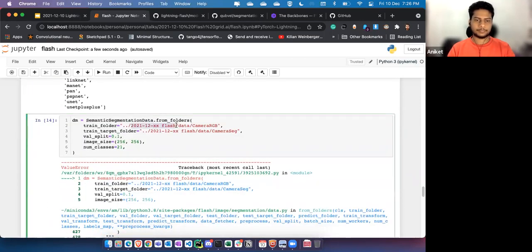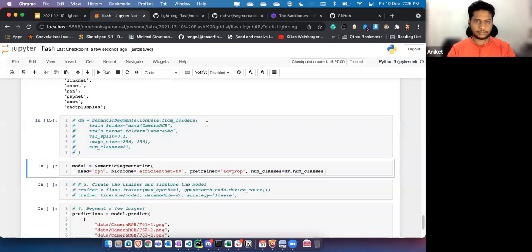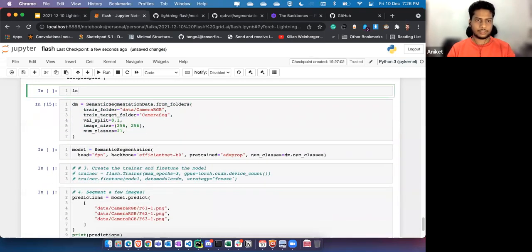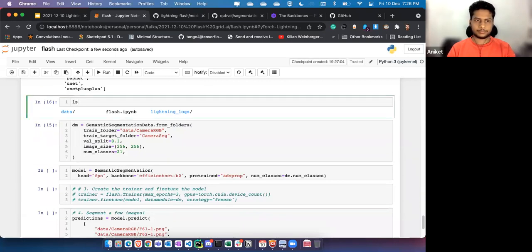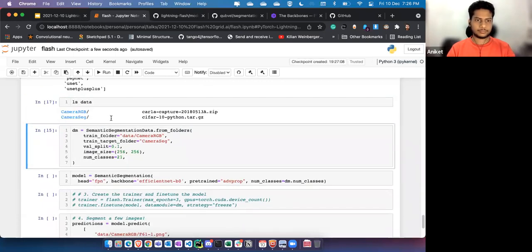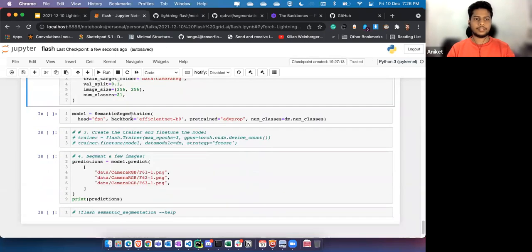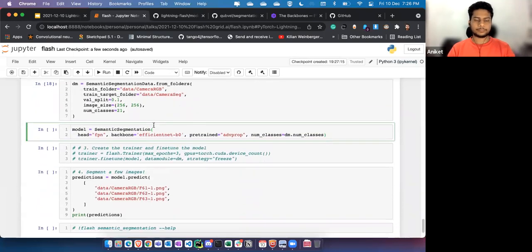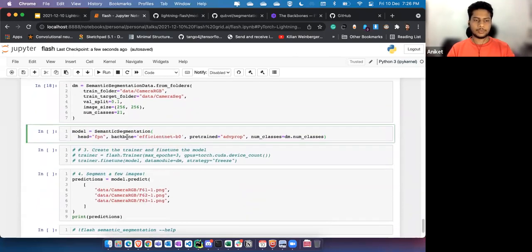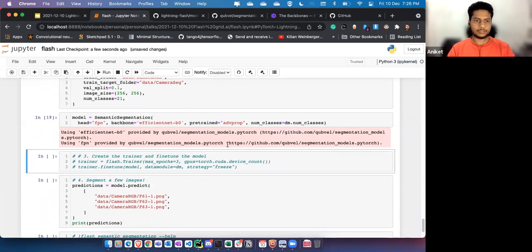I think this data is not available on this system as well. Okay, here it is. So I have loaded my data module. Then inside my model, I will provide head, backbone, and number of classes, and my model is loaded here.